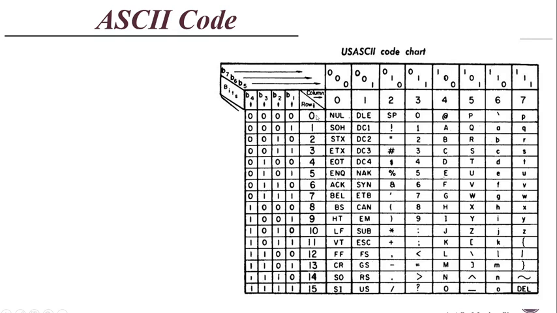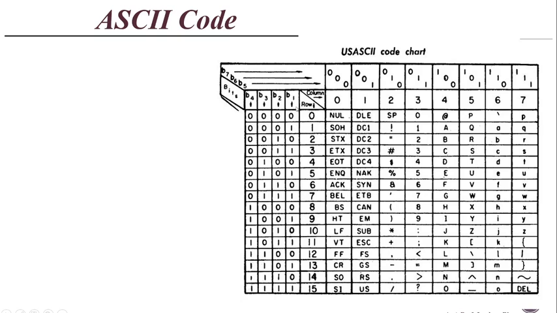Here, rows 0 to 15, 16 rows, are given, and they are represented with a 4-bit binary number, and columns 0 to 7, 8 columns, are given, and they are represented with a 3-bit binary number. To represent a particular number, symbol or command, we have to group these binary bits to represent the 7-bit ASCII code for that particular letter, number, symbol or command.